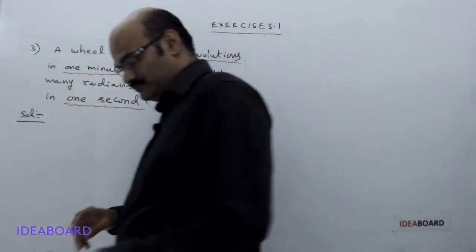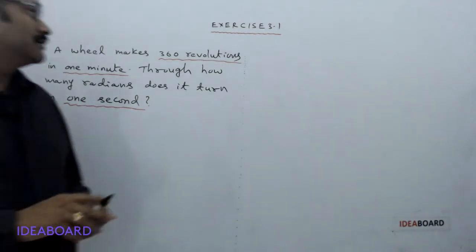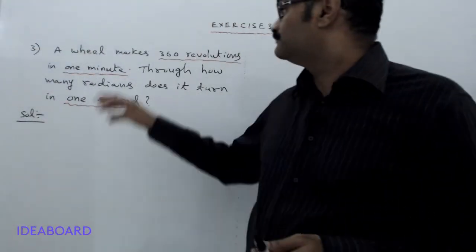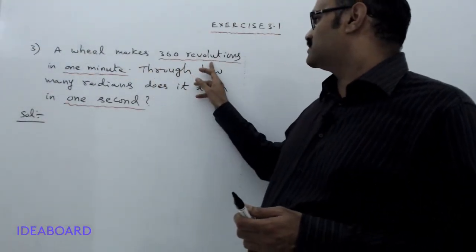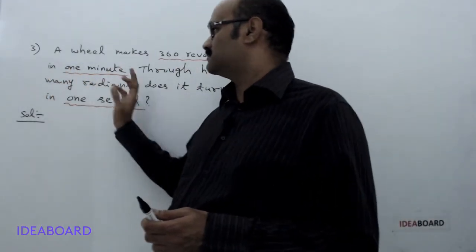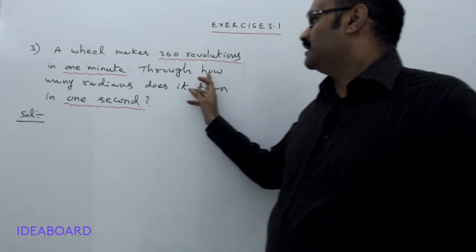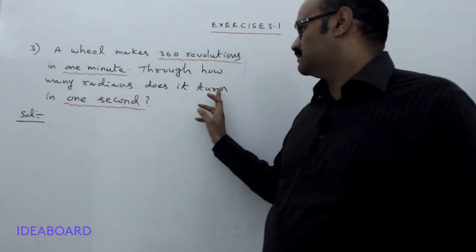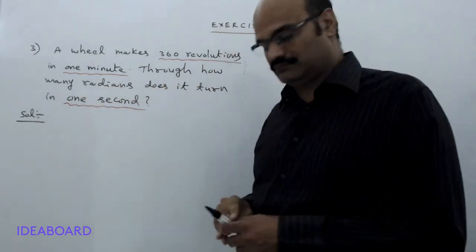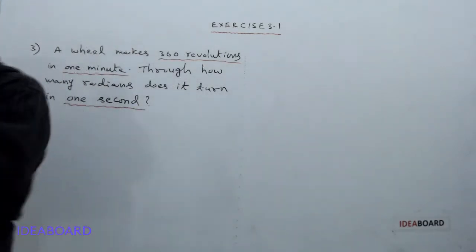Third problem. A wheel makes 360 revolutions in 1 minute. Through how many radians does it turn in 1 second? In the problem here it is given that